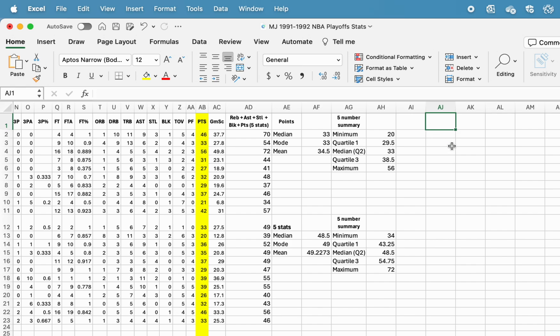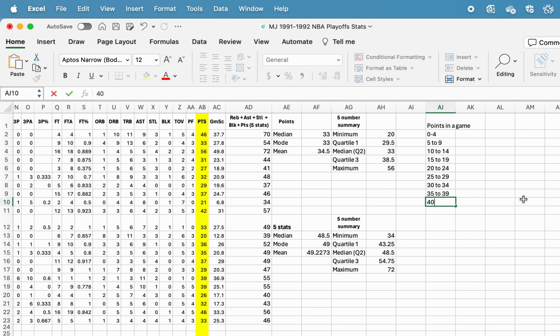Okay, so let's say if we look at the points scored, like the points scored in a game, and let's say it was 0 to 4 points in the first game, 5 to 9 in the second, and that's actually good to see. It automatically thought it was a date, so maybe let's write that in words. 5 to 9, okay, and 10 to 14, 15 to 19, and so on. Okay, so I'm just gonna have to type this all in. 25 to 29, 30 to 34, and so on. 35 to 39,